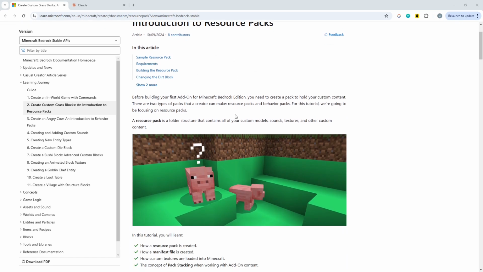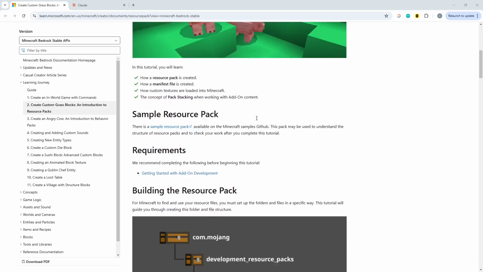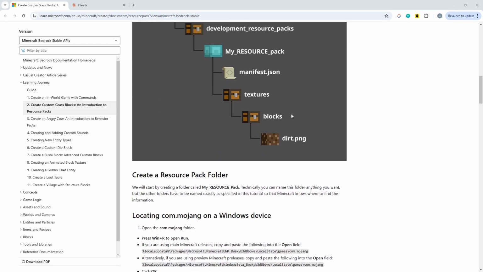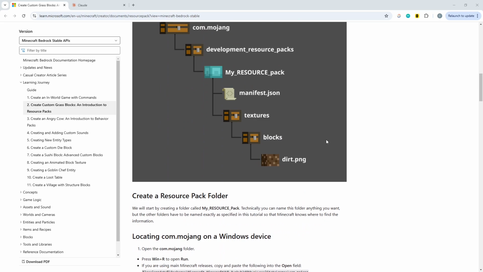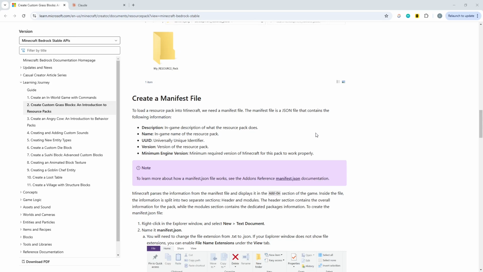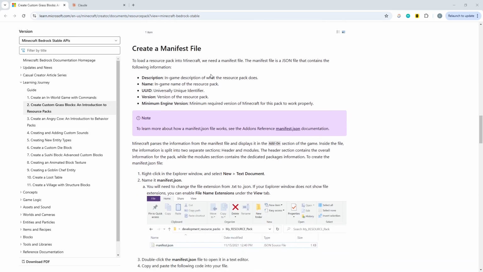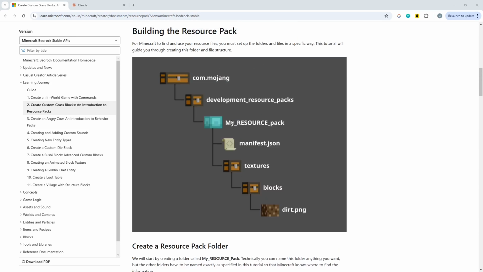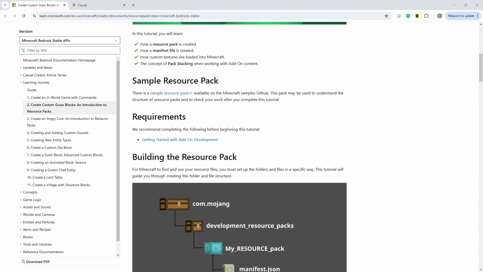There are some excellent sections in here about creating resource packs and behavior packs, which I'll link to in the comments. They're very good, but what we can actually do is take a little bit of a shortcut. So I do advise having a read through these things to know what you're doing, and in addition to that,